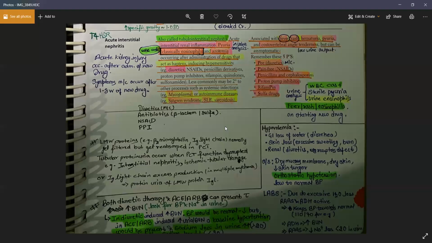So how do we differentiate whether the patient has this high level of BUN due to diuretic therapy or because of ACE/ARB therapy? It could be a patient with a history of hypertension. You gave him some drug, and now the patient has a high BUN. How would you differentiate whether this high BUN and high creatinine level is because of diuretic therapy or because of ACE/ARB therapy?